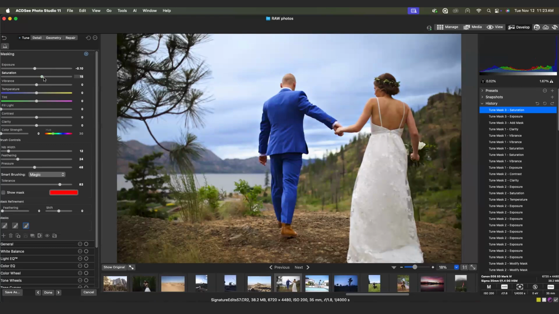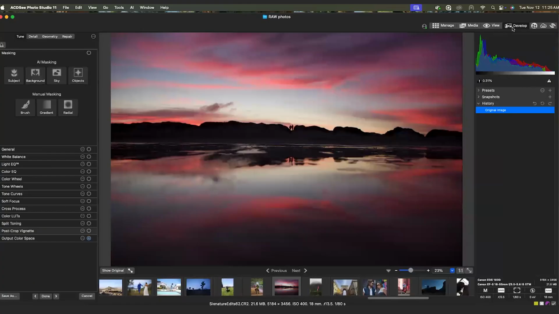I did want to increase the colors in both the people in the photo and the background, but it's nice to be able to do that separately to give different values of saturation or vibrance either to your subject or the background, because that just gives you more flexibility and makes you have a more dynamic photo. What else is really cool about